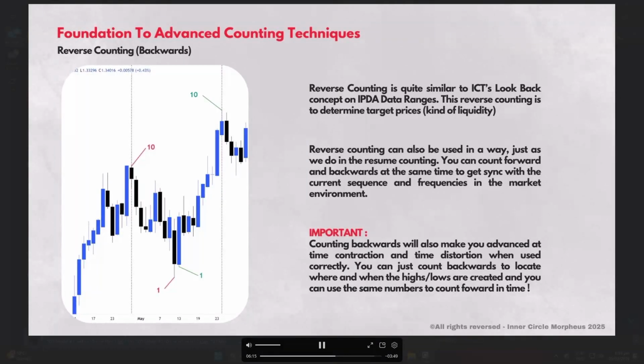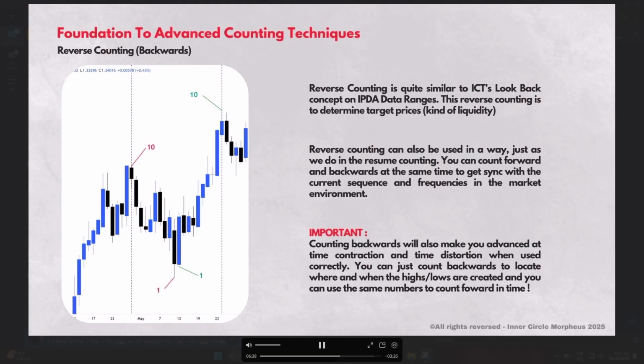Let's review another example and approach over here. Let's pick the lowest low here and mark it with 1. If we start counting backwards, we're going to realize that the high was created 10 candles ago. This is a great reference point and a great method to know the current frequencies of the asset you're trading. This means that 10 candles later you're going to see a new high form, which leads to a